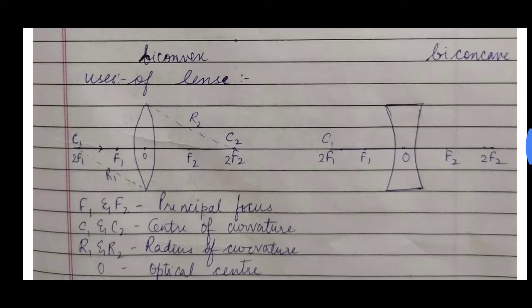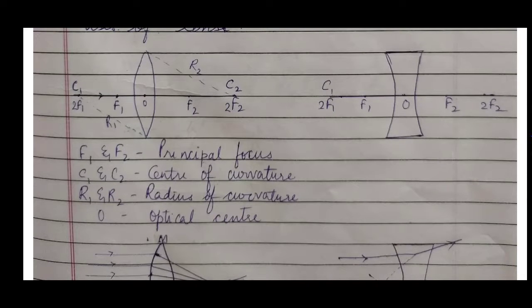Now this is a diagram of a ray of light when it passes through a convex lens and a concave lens. So the first figure is of the convex lens. In the first figure, just recollect the concave mirror and the convex mirror, the spherical mirrors. What were the terms in that? C, center of curvature, pole, principal axis, aperture, radius of curvature. These were the basic terms in that.